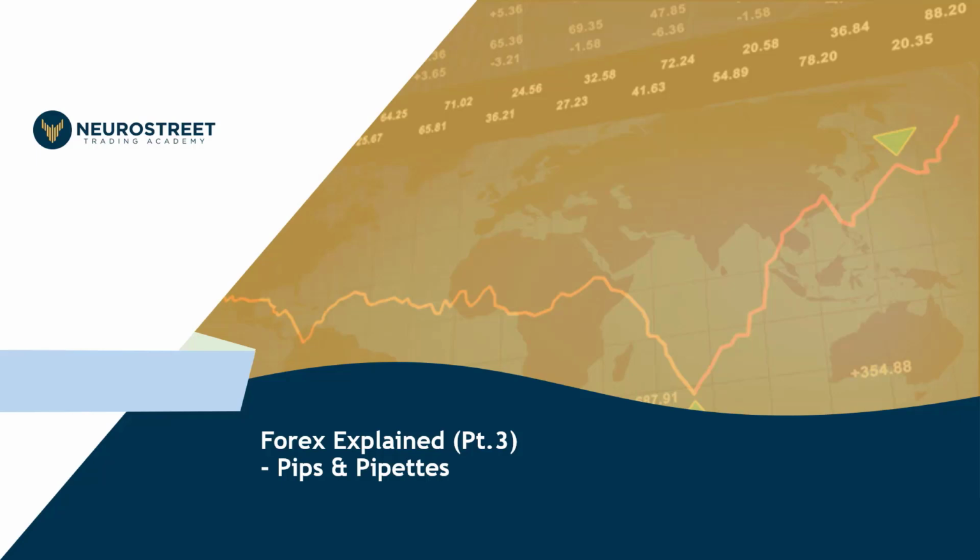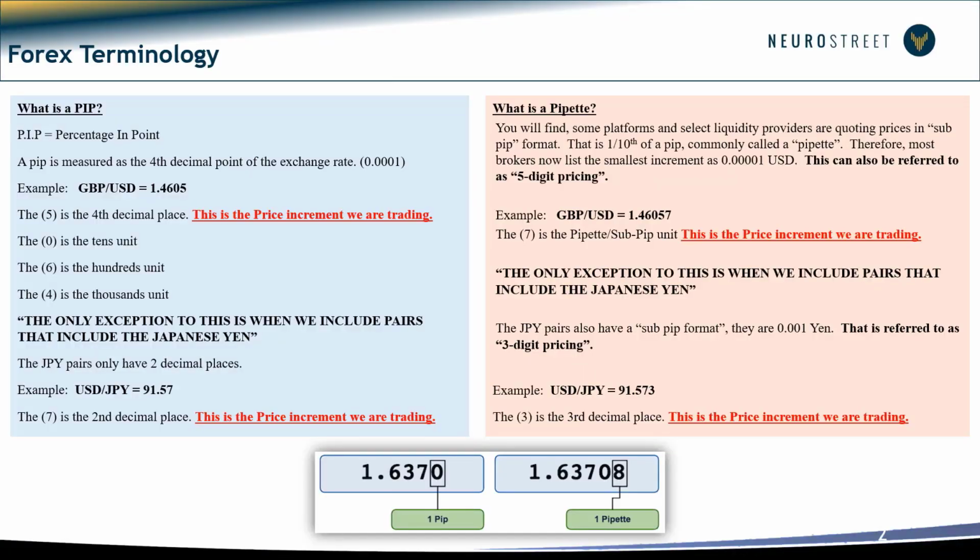Welcome back, traders. In this video, we're going to be breaking down Forex Explained Part 3. The main discussion for today's video is breaking down the difference between pips and pipettes and how we basically look at pricing Forex pairs. So the first discussion here is going over what is a pip and what is a pipette. A pip is considered percentage in point, and a pip is measured as the 4th decimal point of the exchange rate, so